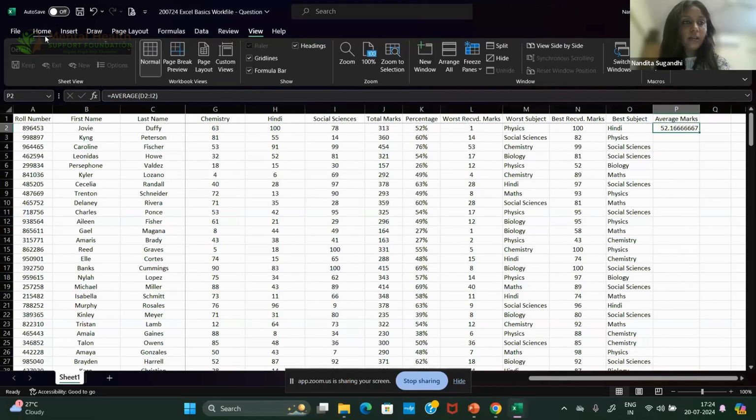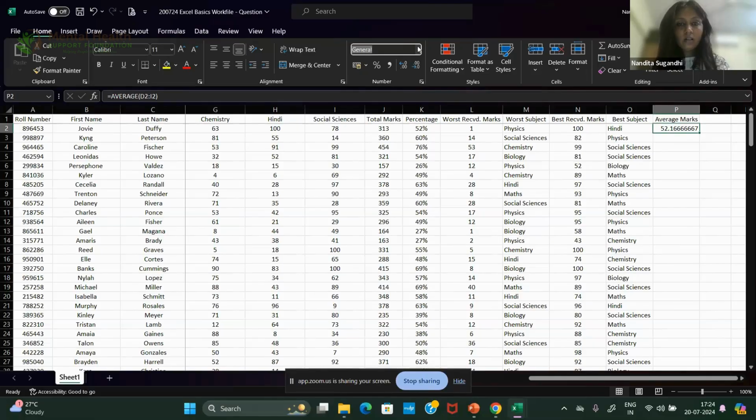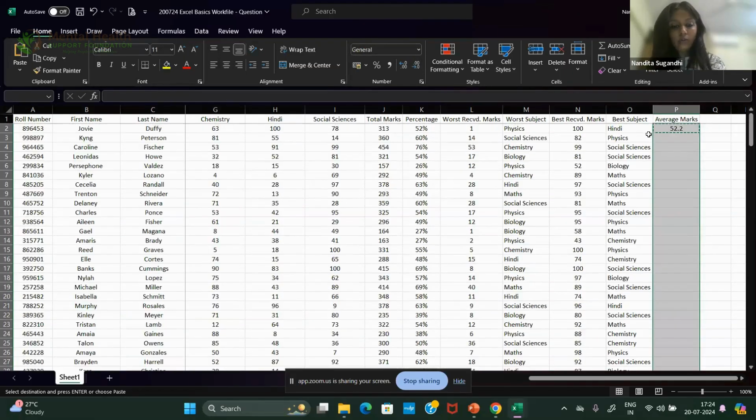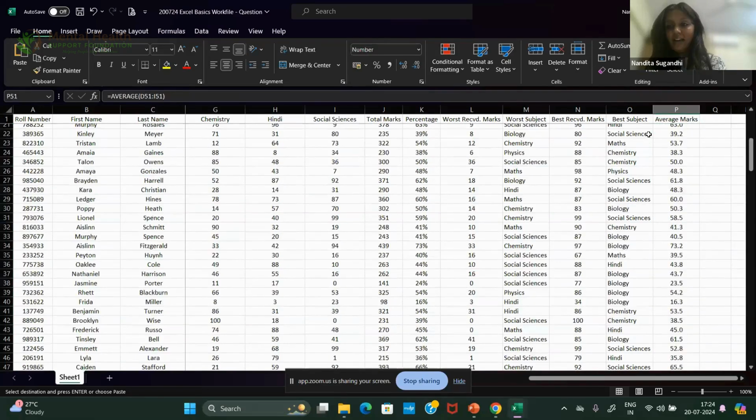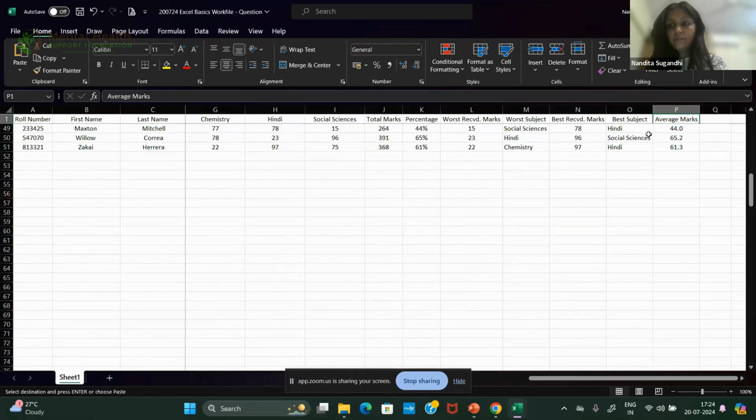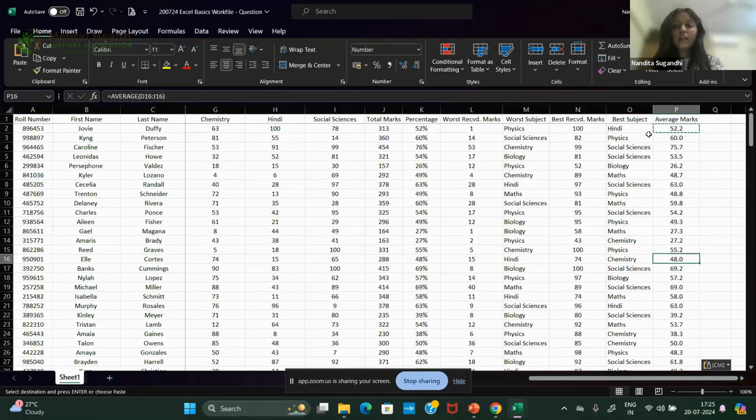I want it to be a number which is precise up to one decimal, and that's it. Average marks is 52.2. She's an average student, and we get average marks for each and every student here, which I can discuss with the parents that this has been the average performance apart from the percentage.